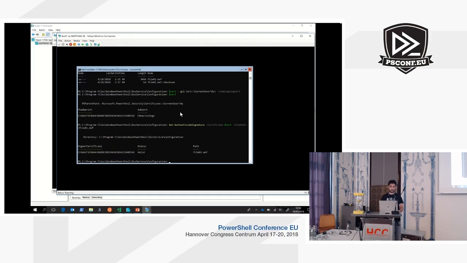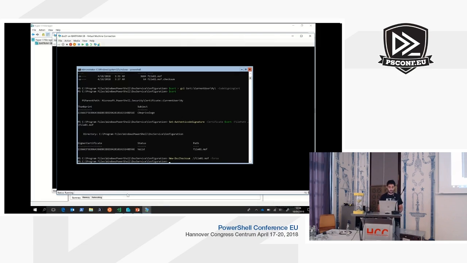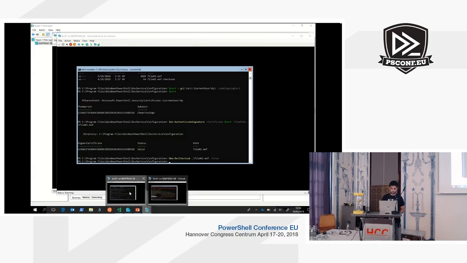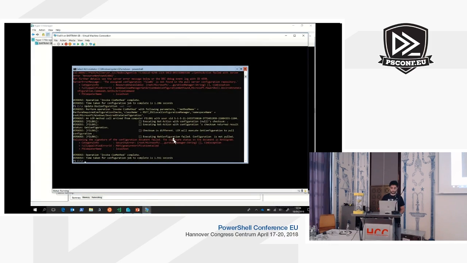Now my MOV is signed, but the hash has changed for the files. I need to generate a new checksum. So I'm going to go in, create a new checksum. File 01. And because one already exists, I just need to use the -Force switch, so it overwrites it. And if I go back to my file 01 machine and try to run it again,